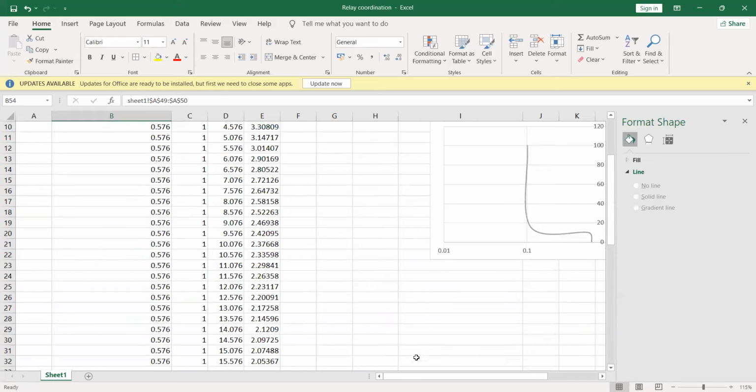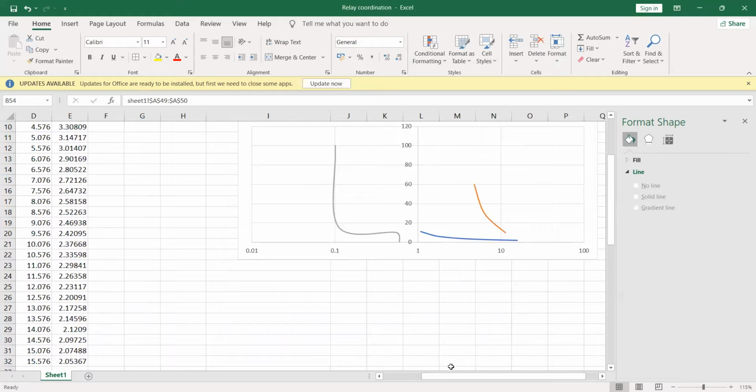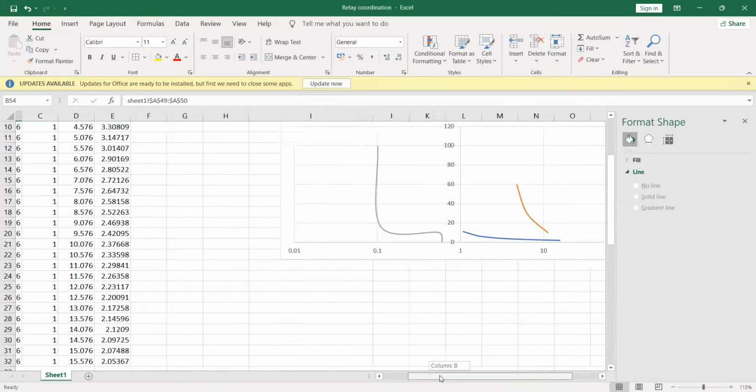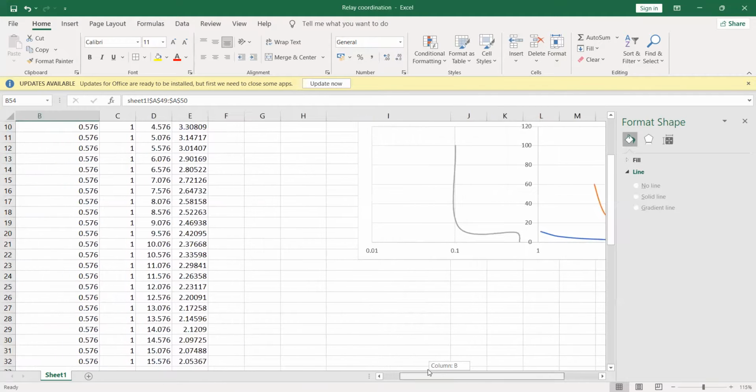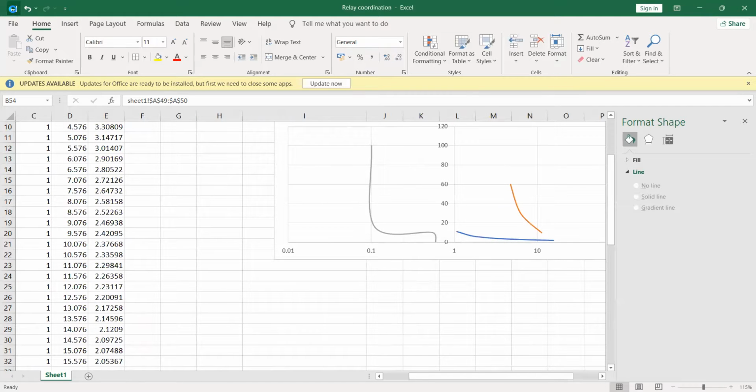So my curve has come here. Okay, this is done.